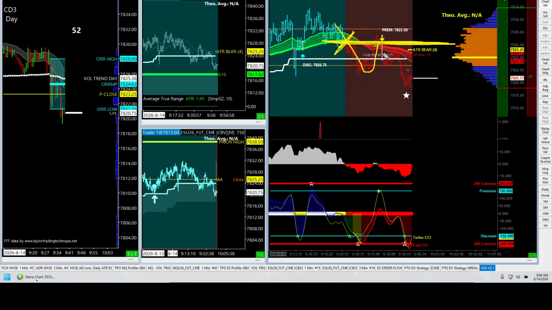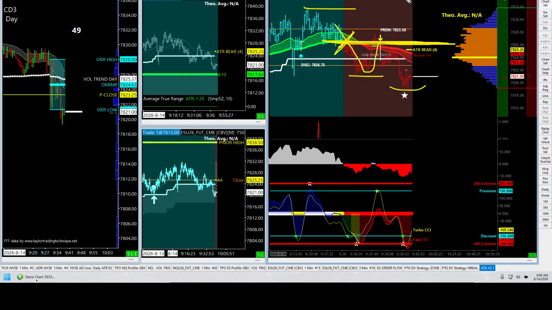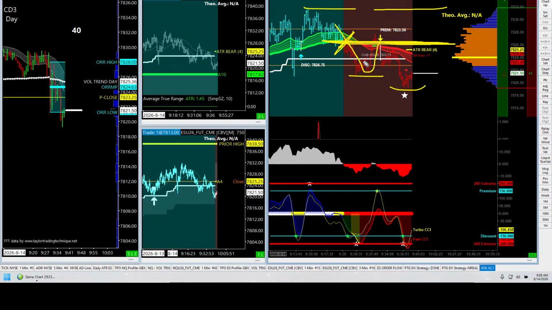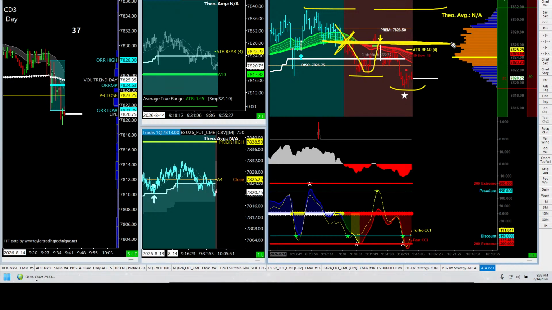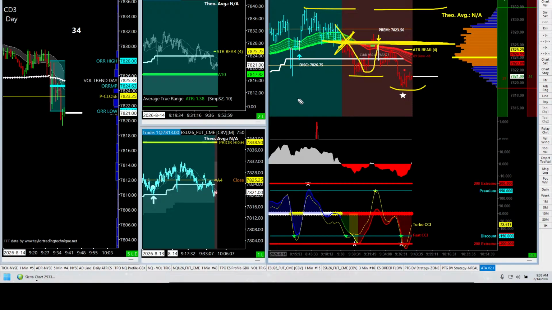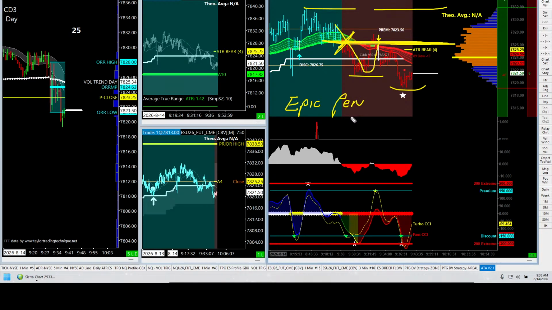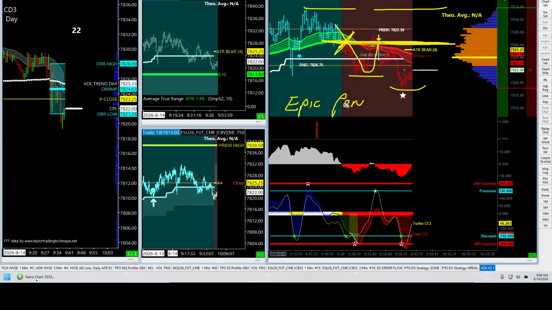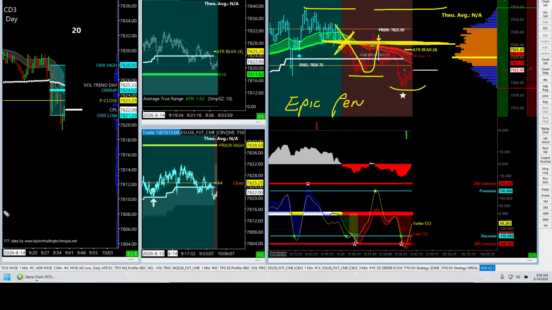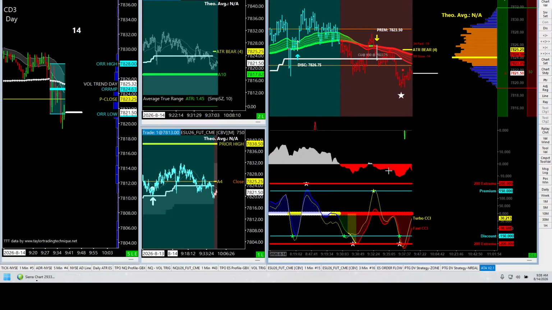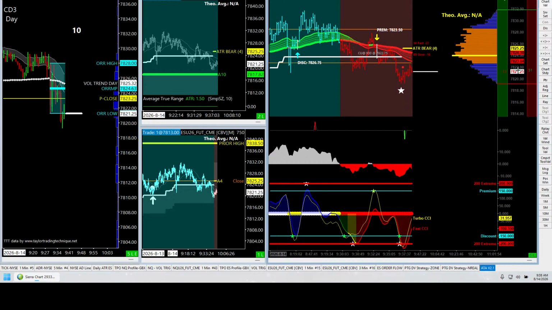Even though we're kind of in the range, you still want to frame it out. Right now you frame it a little bit wider because we got a lower low, but frame it out and see roughly where the midpoint is. I would highly recommend this, called Epic Pen, to draw things out for yourself. I'm doing it for the group here. Or you can simply draw horizontal lines and zones and put some text on if you don't want a pen like that.